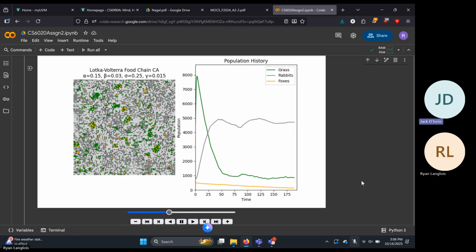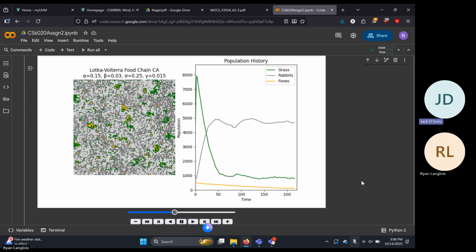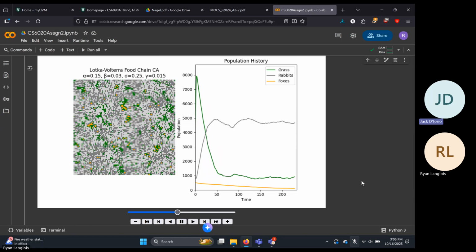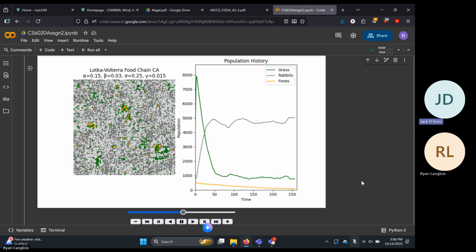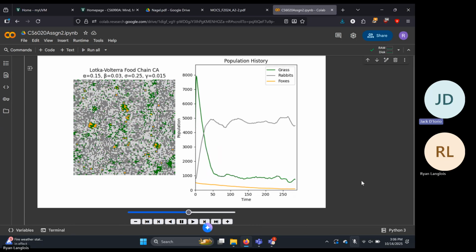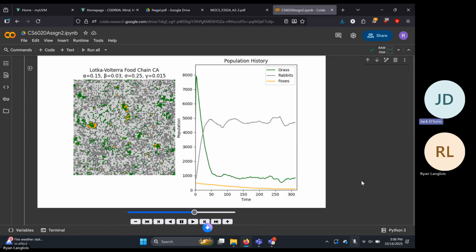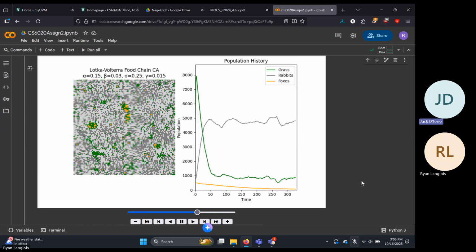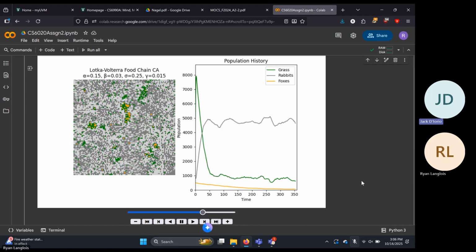So you get this weird play between the three trophic levels where foxes are spawned in as an initial population, and then rabbits reproduce around them, and then the foxes eat the rabbits, but don't eat enough rabbits to reproduce so much that they can expand. The grass then will fill the space created by the foxes from eating the rabbits, and the rabbits then eat the grass there and keep the fox islands alive. So you get this really cool little spatial dimension play.